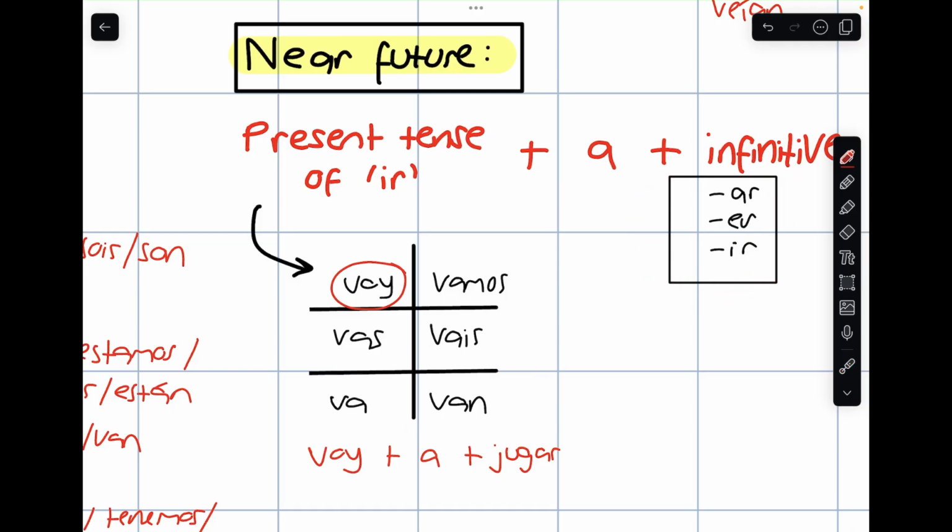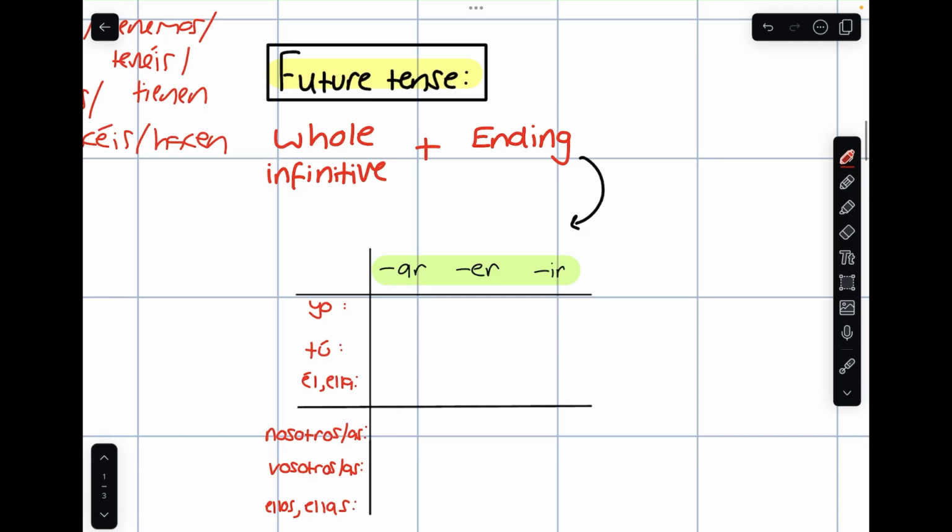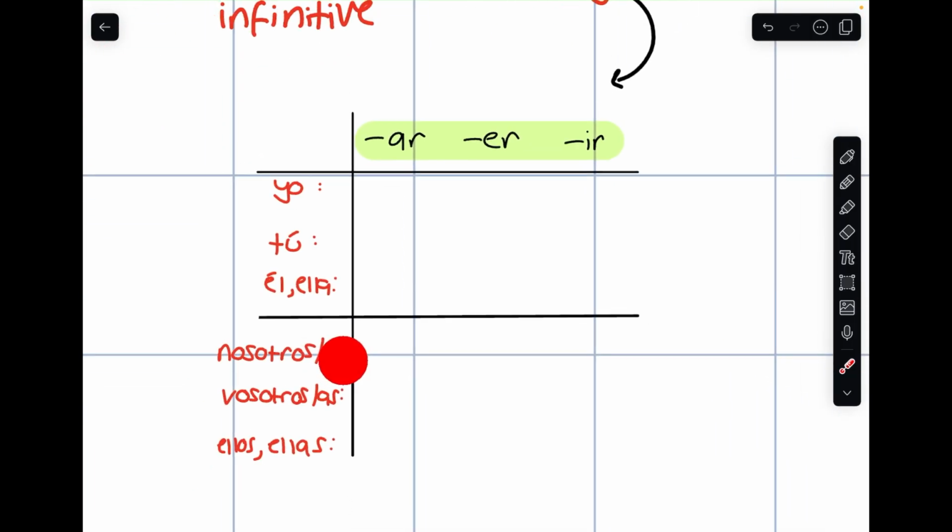Now, a more complex future tense that you can use is the proper future tense. Now, the way that we form this is we take the whole infinitive verb, so for example, hablar, bailar, and we add on the correct ending depending on the person in the sentence. Now, the good thing about the future tense is that all three types of verbs, AR, ER, and IR verbs, use the same set of endings. So you only have to learn one set of endings for all three. And just bear in mind that you add the ending on to the whole infinitive. You don't take the ending off. The endings for the future tense are